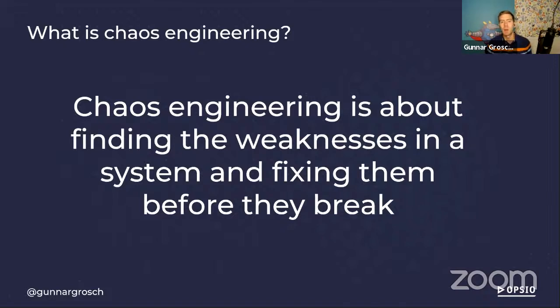So no matter how much we focus on making our systems resilient to failure, there are always unknown factors that come into play. We have different traffic patterns. We have third-party dependencies, network issues, code deploys, and so on. So by doing our experiments and measuring the results of those, we can find these weak points in the system and draw them out. And finding these and fixing them can help us avoid these big outages that we just don't want to have.